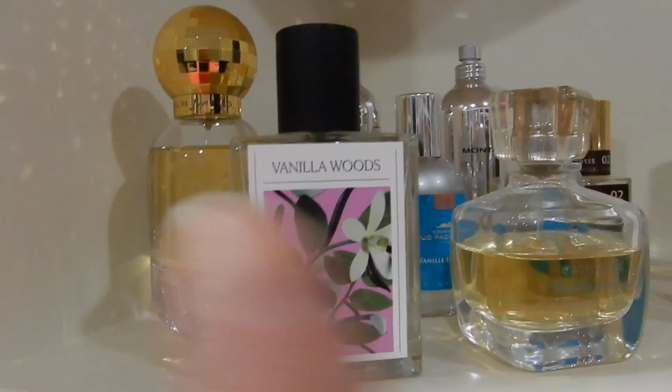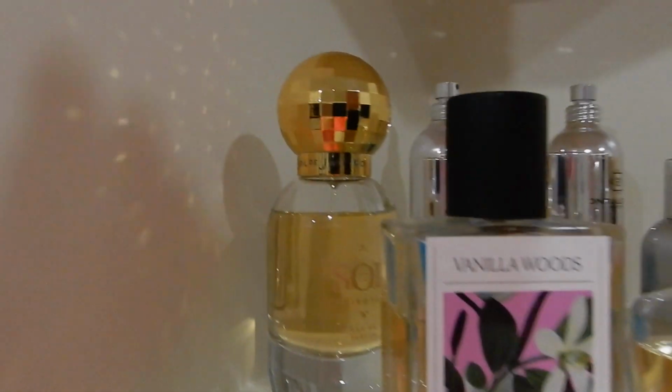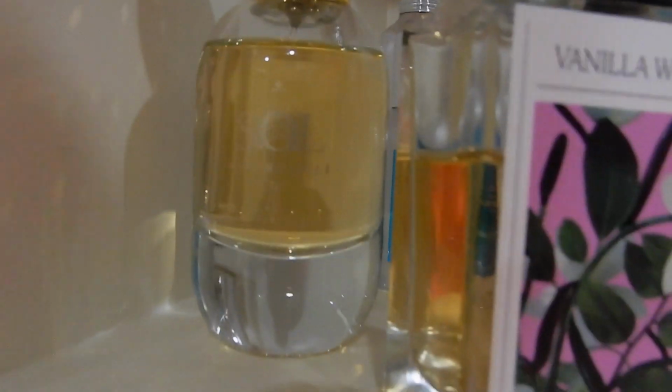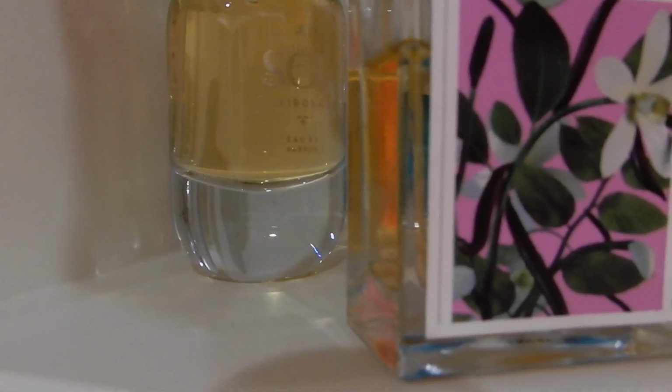Such a good one. That is the body spray that's down here, by the way. Vanilla Woods. Oh, if you've never tried it, get it. A huge disappointment here, but I'll finish it. It's the Sol de Janeiro. I think it's the Cheirosa